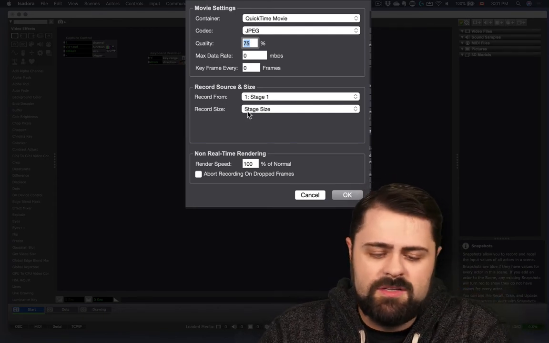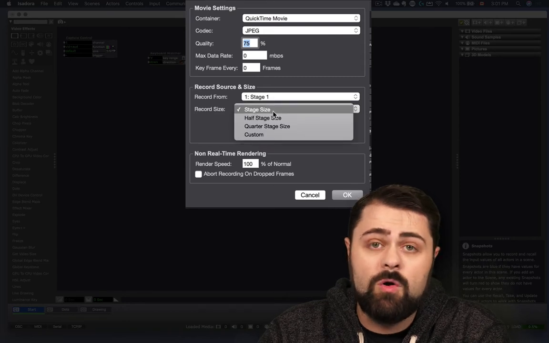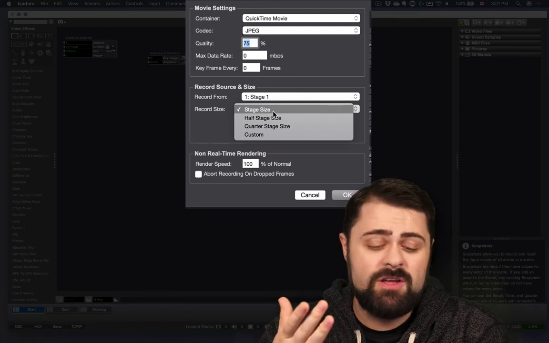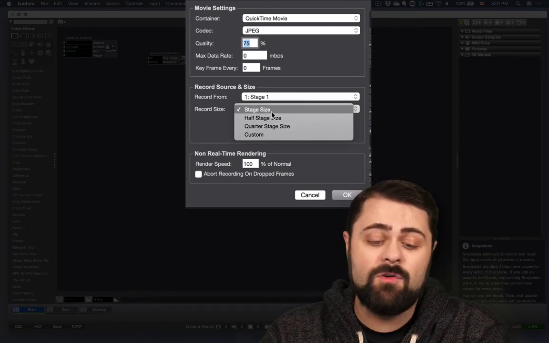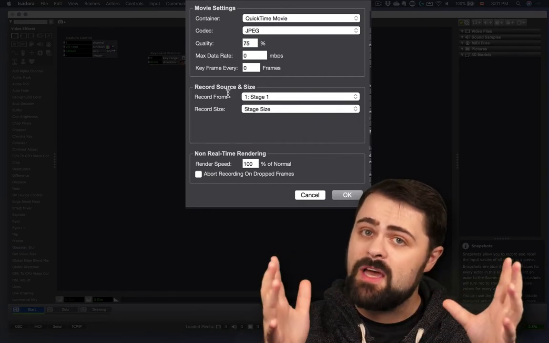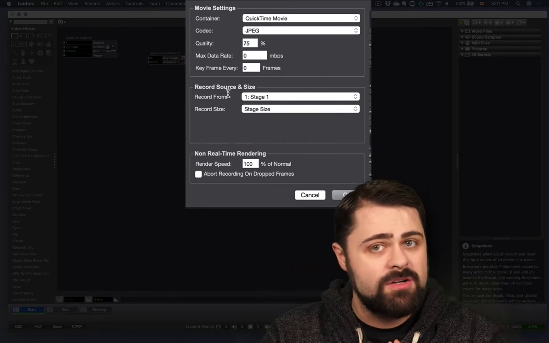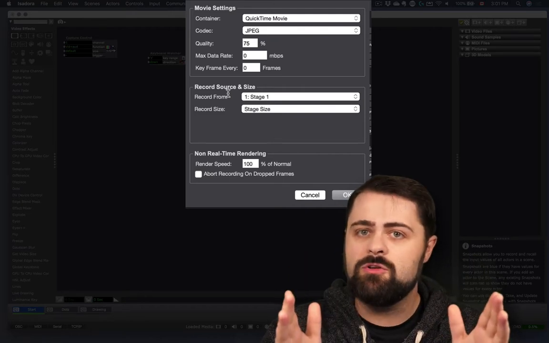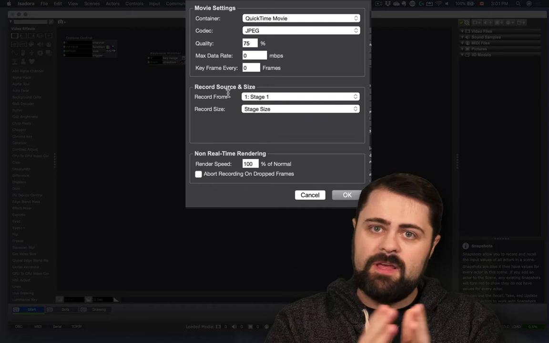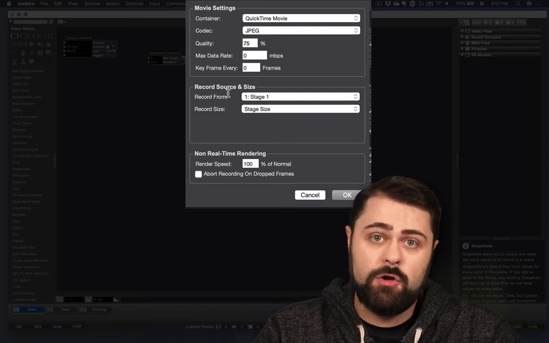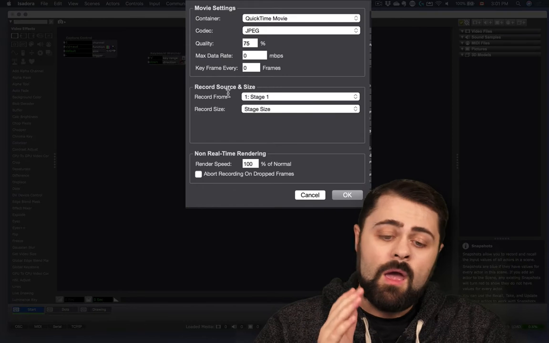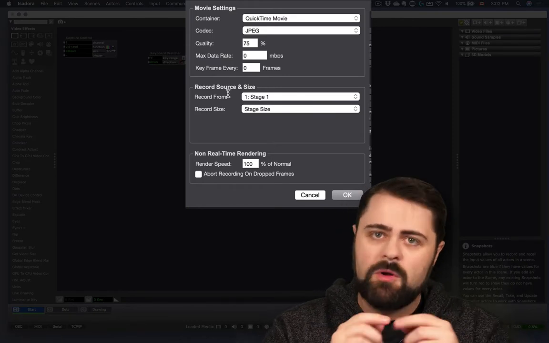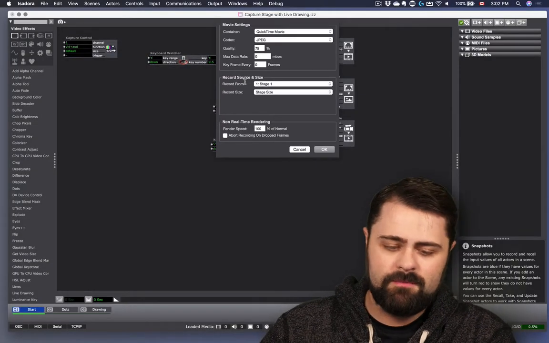You may just want to double check your recording size if you want to record the full resolution of your stage. In my case, that's going to be 1920 by 1080 HD video, or if you want to cut it down to half or quarter size. If you cut down the size of what you're recording, it's going to be less processor intensive, the files aren't going to be as large, but you're not going to have that high resolution result. So think about this carefully as you plan your project and what your objectives for your captured media are. I'm going to leave these things as they are for myself, but this is something that some of you power users out there might want to tinker with.